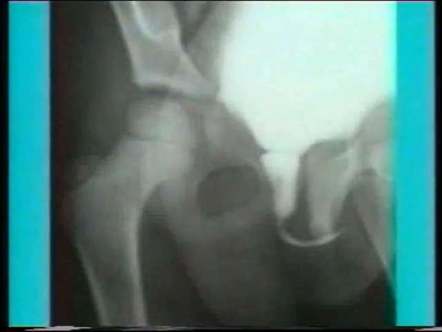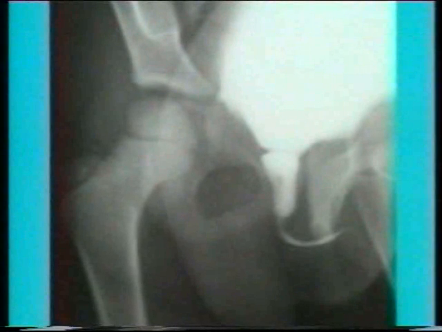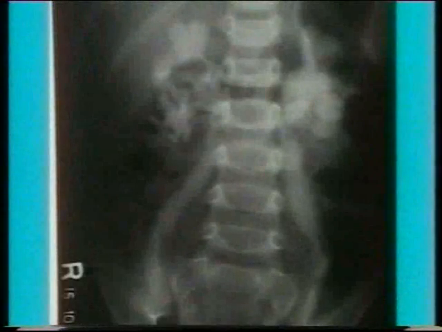This is another typical picture of posterior urethral valves, but here the back pressure is passed on to the ureters by associated vesico-ureteric reflux. Note in this micturating cystourethrogram the retrograde filling of bilateral hydronephrosis and hydroureters. This is another X-ray showing posterior urethral valves, a dilated prostatic urethra, and a large bladder with two diverticuli, and also bilateral hydroureter and hydronephrosis.